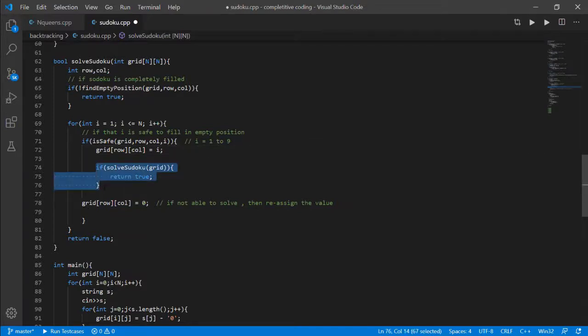We found a number, we placed it in a cell in a box, and we call recursion, and this function will find the next zeros, the empty positions, and fill those positions.